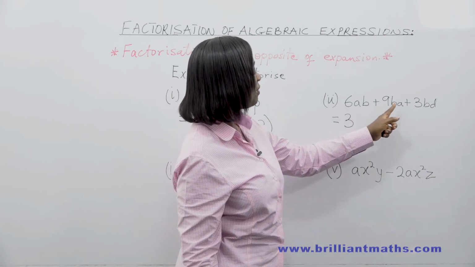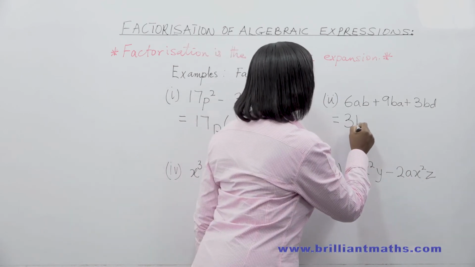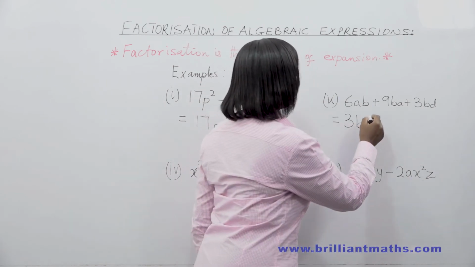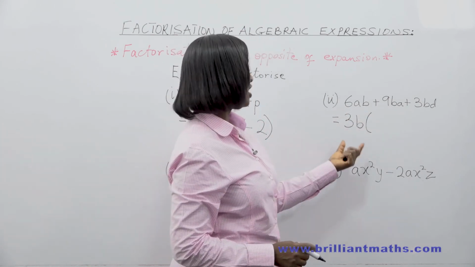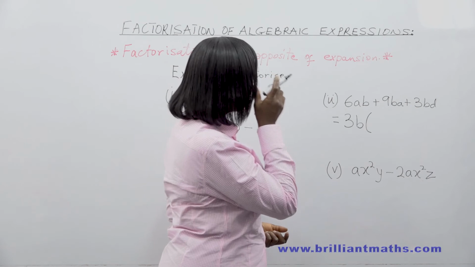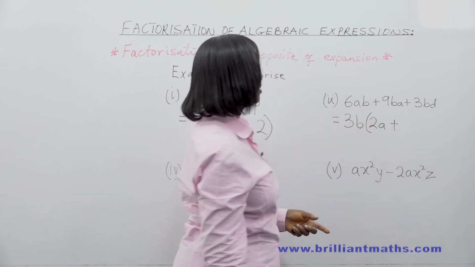B. So B is a common factor. We factorize it out also. So let's divide each term and see what we are left with. 6ab divided by 3b will give us 2a plus